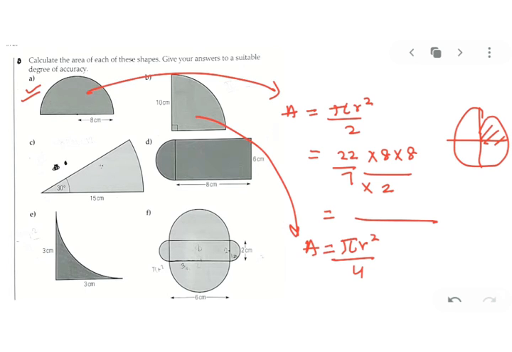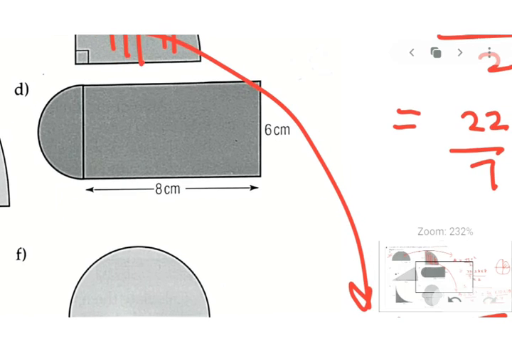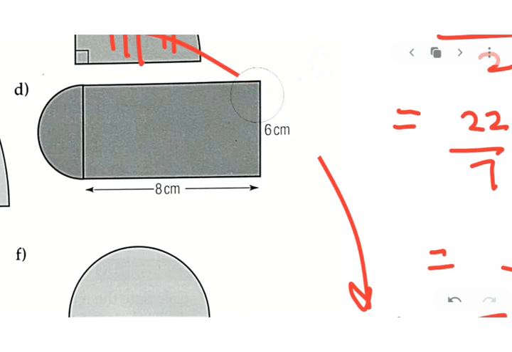ठीक है, तो आप कैसे find करेंगे? So you have to put 22 upon 7. That is the value of pi. Radius it is given 10, my dear kids, and 10 and divide by 4. When you solve this, whatever answer you will get will be the area of this quadrant. Is that very, very clear? Okay. Then I'll zoom the screen. I'll erase this part.